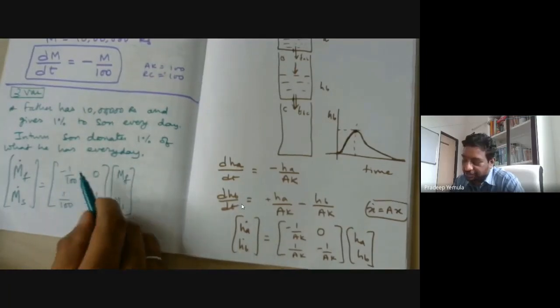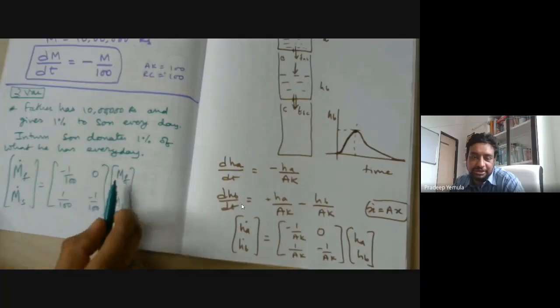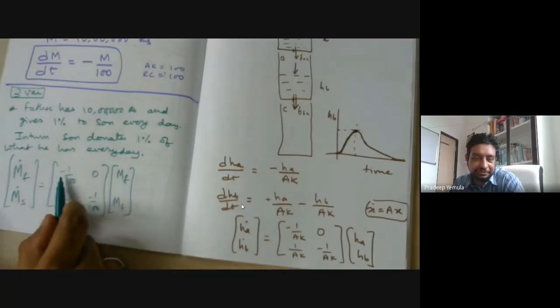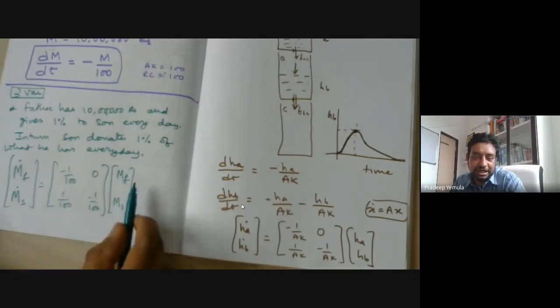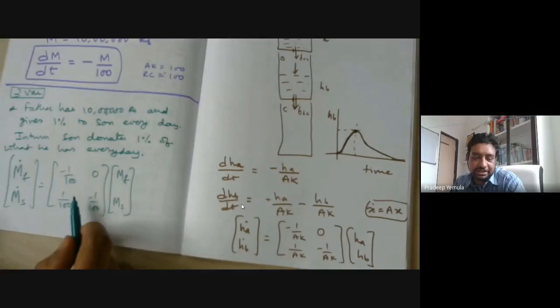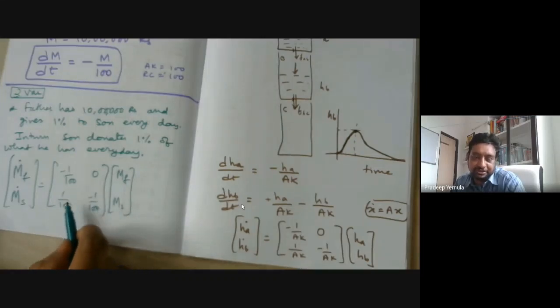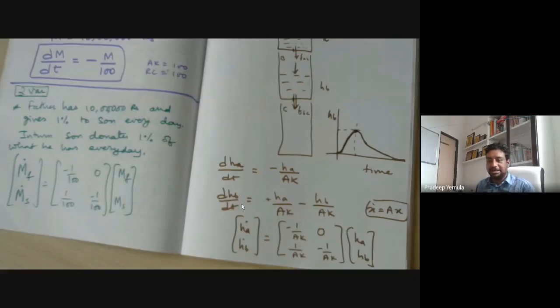So here what the first equation is saying is that the amount of money will be reducing by 1% of MF. So every day 1% of MF is reducing. Here 1% of MF will come to son, and again whatever he has, 1% will go out. So that is again written here. If you again write the equation for this, it will exactly match with the second string.